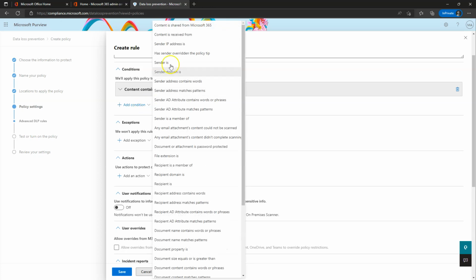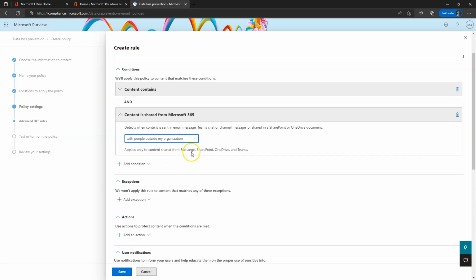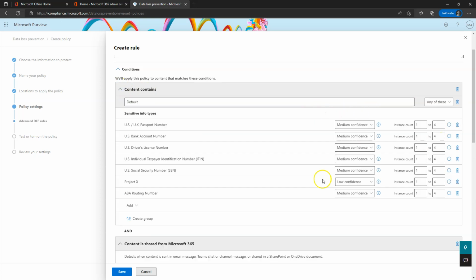So what we're actually more focused on here is that if content is shared from Microsoft 365. So we have 2 options here. Detect when content is sent in email address, Teams channel, chat message here. In this instance, it's only going to be email. But if we drop this down here, it's going to be with people outside of the organization. So in this instance, we are saying that if it contains sensitive information 1 to 4 of any of these here, under these confidence levels,